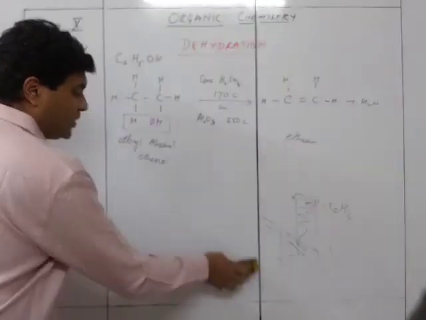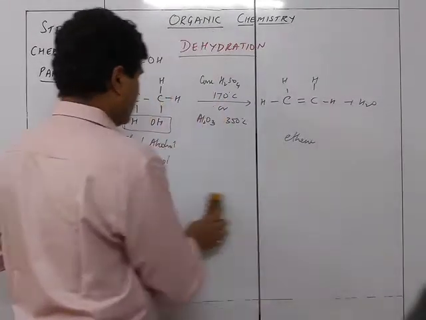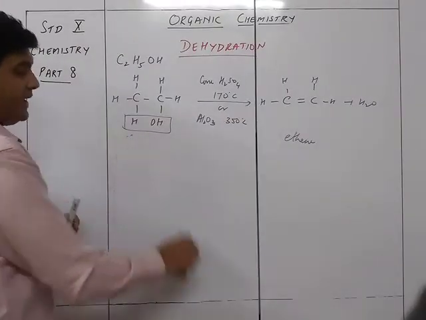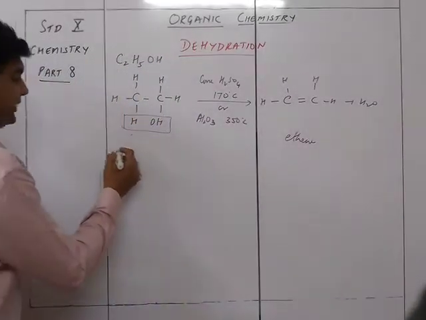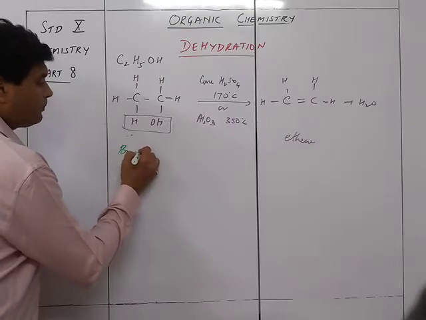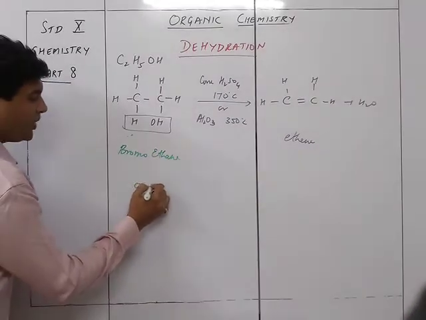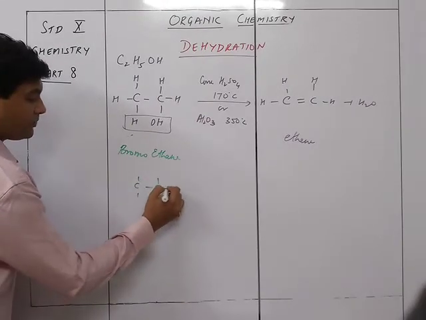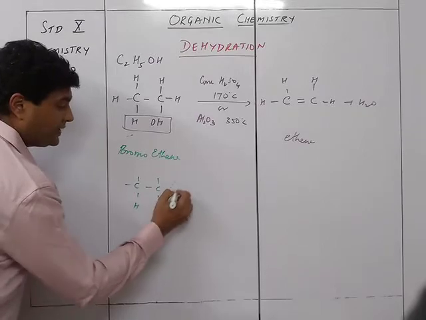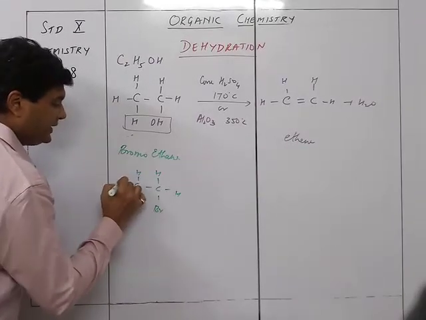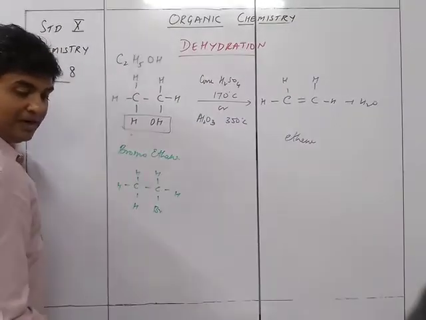See, in case of methane also we had taken iodomethane. So similarly here also you are going to take bromoethane. This is bromoethane. Now this again we are showing in the form of a structure. So we know it is going to be HBr, H, H, N, H, N, H. And again the same thing is going to be there. This HBr is going to be released with water.